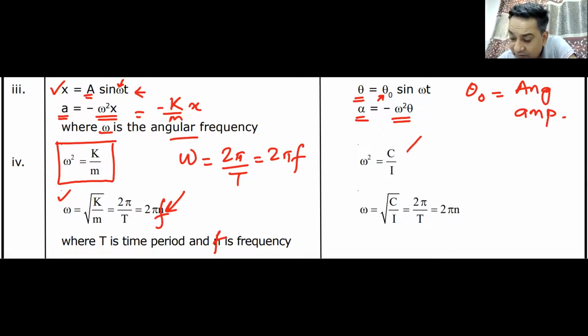Here on this side, omega square is c by I. So omega becomes root over c by I. This is again equal to 2 pi by T, where T is the time period, and that is equal to 2 pi into f, where f is the frequency. You multiply 2 pi by frequency, you get angular frequency. So everything now comes together, and we understand what is frequency, what is angular frequency, what is time period, what